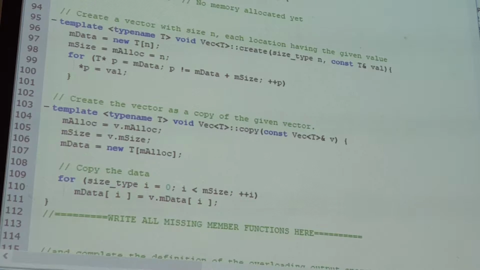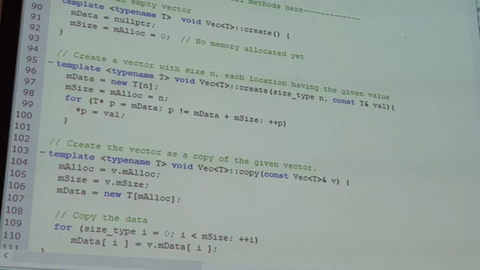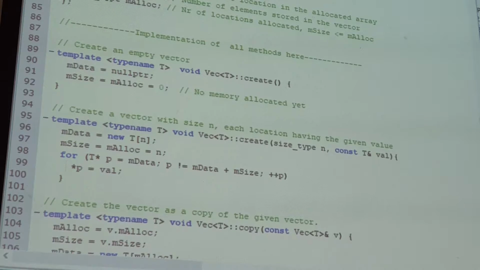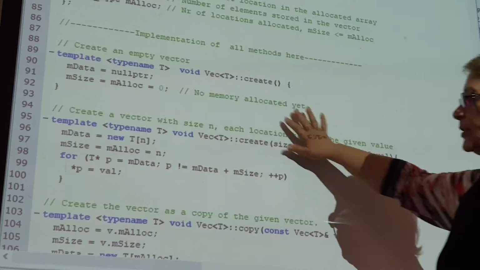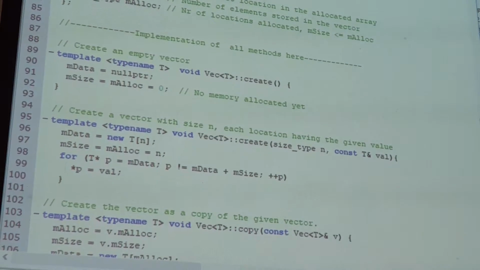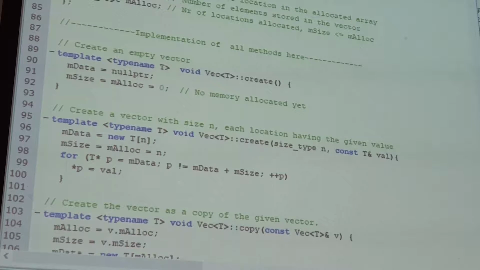This create, and create overloaded with 2 arguments, and copy are private methods. Every method in the class can use them, but you can't use create in main because it's not public. So create, or this one, or copy a vector, you are not allowed to use them in the main, but you might need to use them in your implementation of constructors or